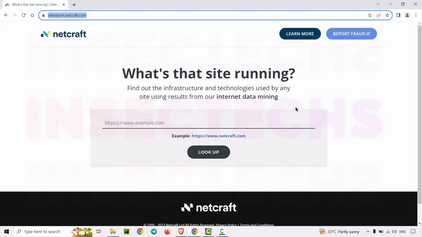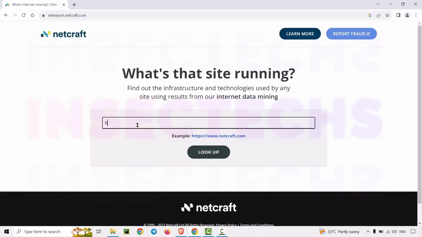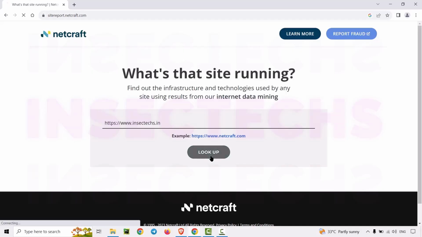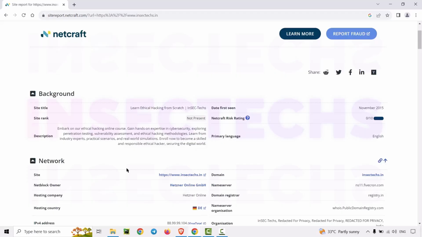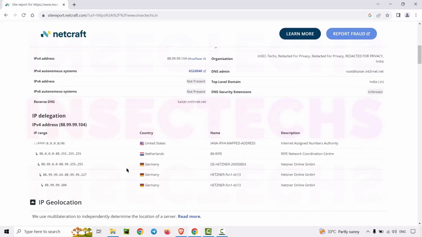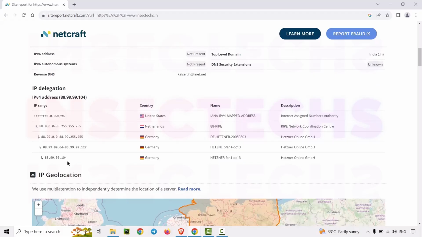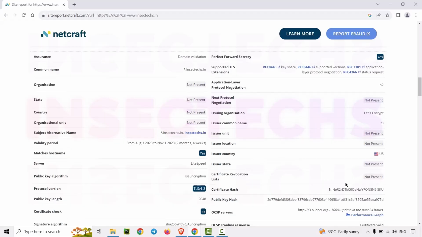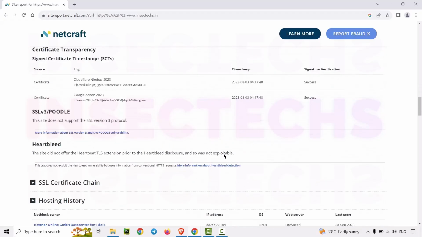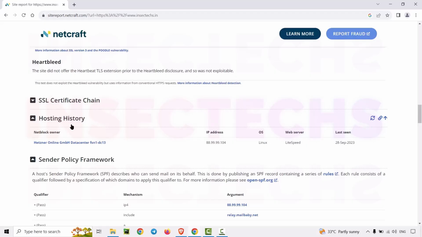So we are using the same link once again, and let us type website https://www.insectechs.in, and let me click on the lookup button, and Netcraft is working to gather the information to display on the browser. And this is the whois information, site information, and so on, IP delegation, and the location. And if I scroll down, SSL certificate information, certificate transparency, under hosting history, as you can see,